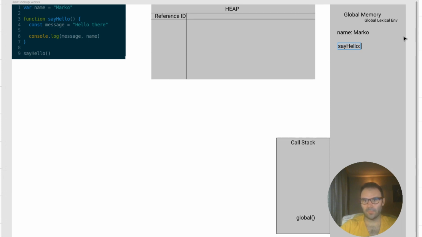For this function sayHello, memory will be allocated and it will get a reference ID. When a function is declared, an internal property scope is created. And in the V8 implementation of ECMAScript, they refer to it as scopes. And scopes contains